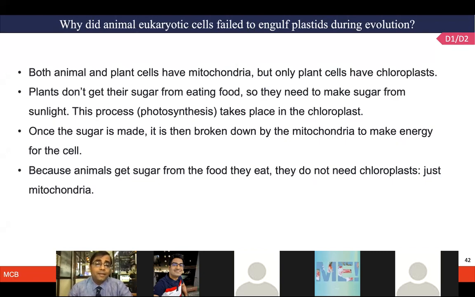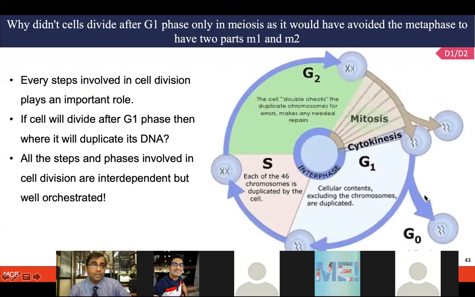Probably, because we can eat, we can take other types of food, so we have resources to generate energy for life processes to happen. Whereas the plant chloroplasts rely on their food being synthesized in the process of photosynthesis. They can't just eat food from outside, the sugar and all. So this prediction is that the eukaryotic cell failed to engulf the plastid during evolution, and these are hypothetical possibilities of that.